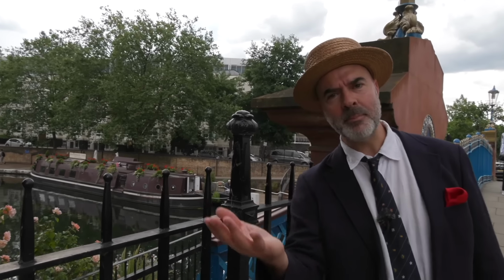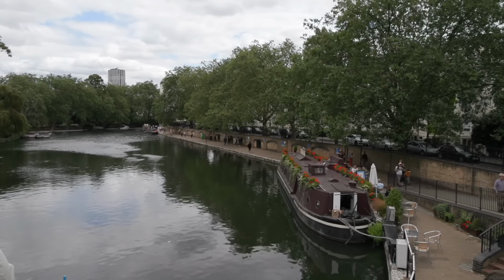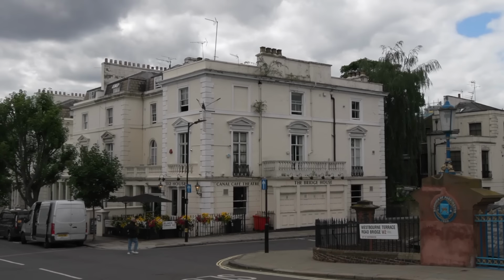Whereas you do see St Pancras, which is old. You see Islington, I think, or what are the other ones? But Paddington, for some reason, you don't see, which is why it's quite nice to see this little evidence of it here from 1900. You might recognise the pub over there, which is where we finished our video about Regent's